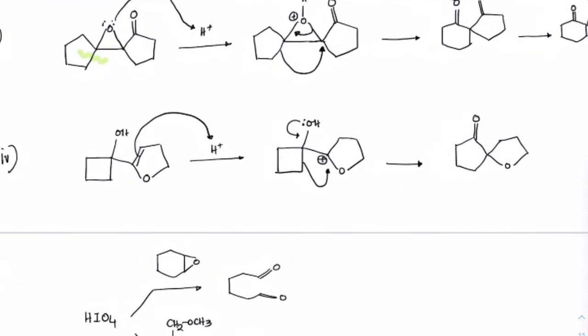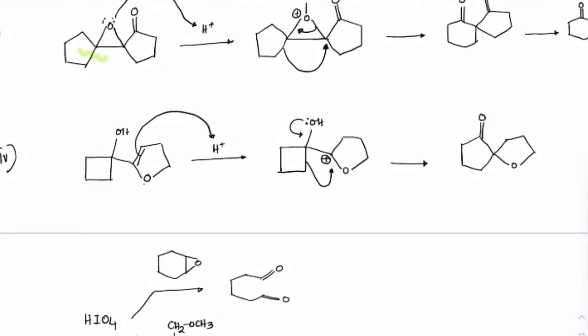In other cases, I told you that if there is a conjugated double bond with a lone pair, the attack would always be from the lone pair side because it can give a more stable carbocation. So you can get a more stable carbocation here. Then the ring expansion happens. Then this lone pair will attach here. This is like a semi-pinacol reaction. Okay.